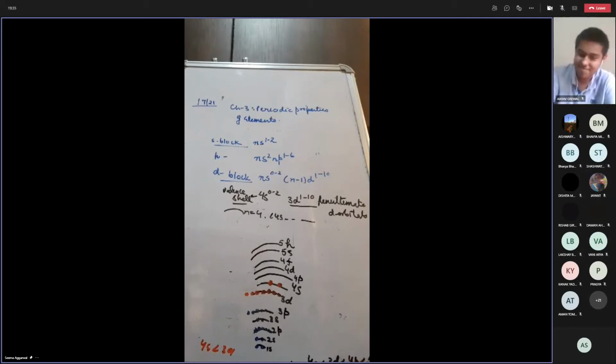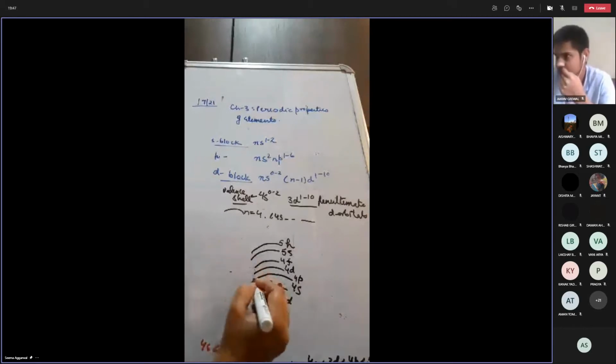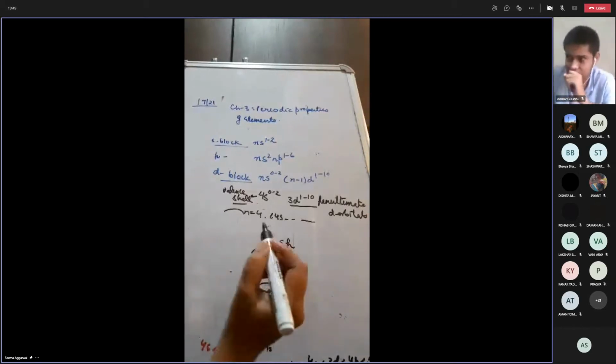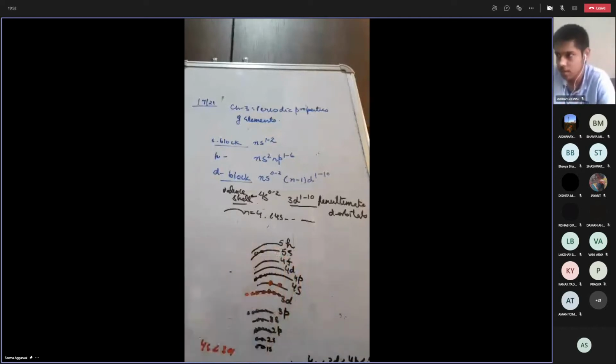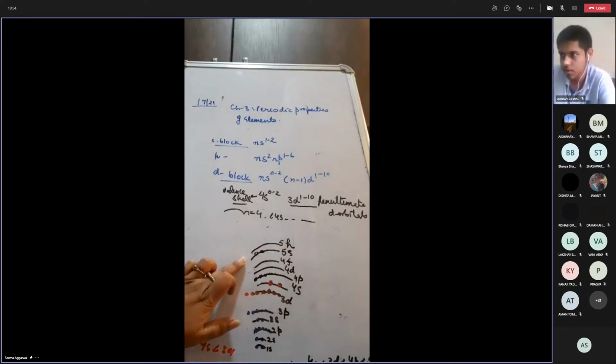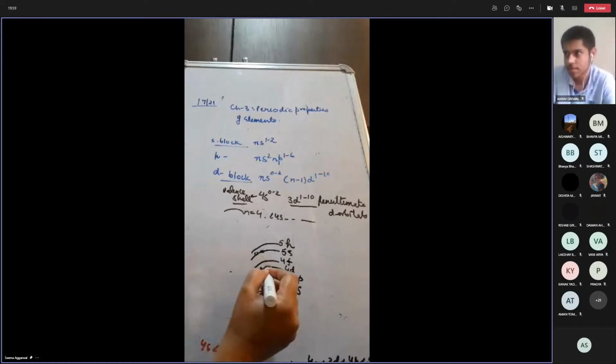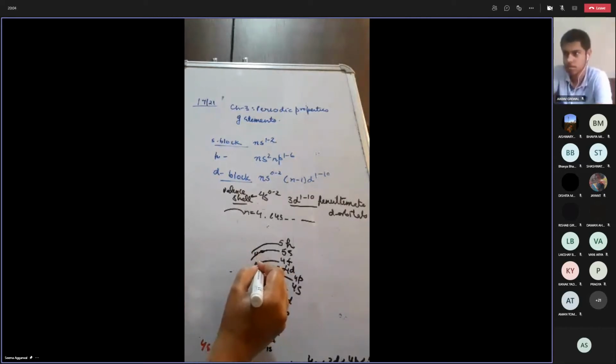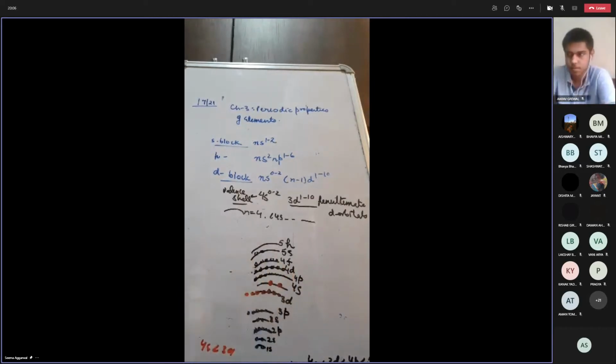4d, yes. Then it is 4d and so on. Okay, so after this, the electrons, after entering the 4s, are going to enter into the 3d, then into the 4p, then into the 5s. You can see, they will enter into the 5s. And after 5s, they will start entering into the 4d. And after 4d, they will start entering into the 4f and so on. So energy wise, we are following this order.